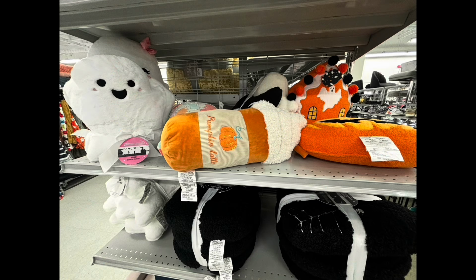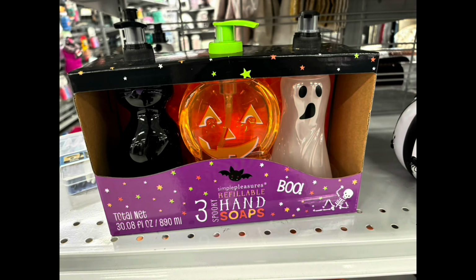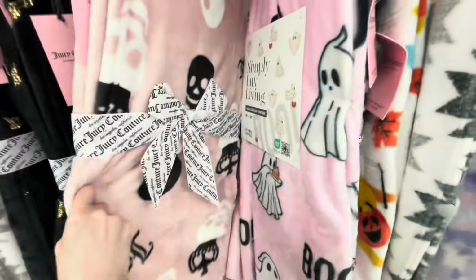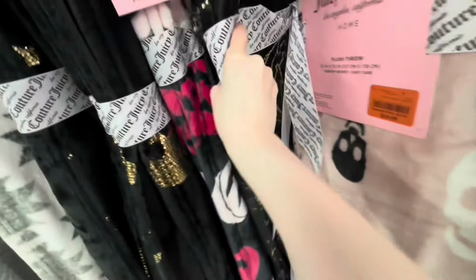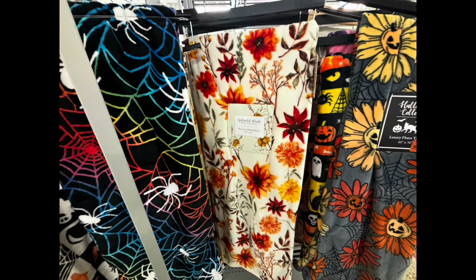There were pillows near the back of the store, including that pumpkin latte pillow I picked up last year. There was also a display of shower curtains, hand towels, and reusable containers for hand soaps and lotions. And at the back of the store, there was a selection of spooky blankets, including a few Juicy Couture brand ones. So I made my way back up to the front of the store